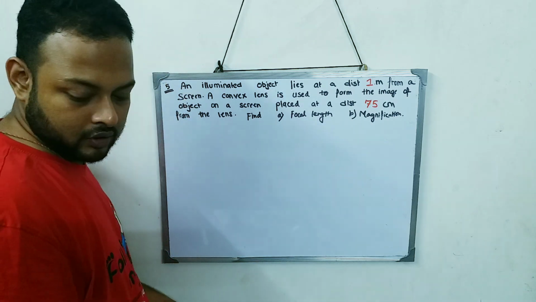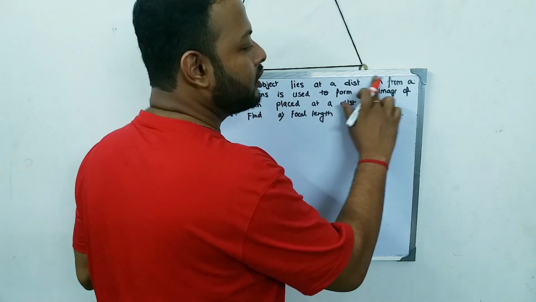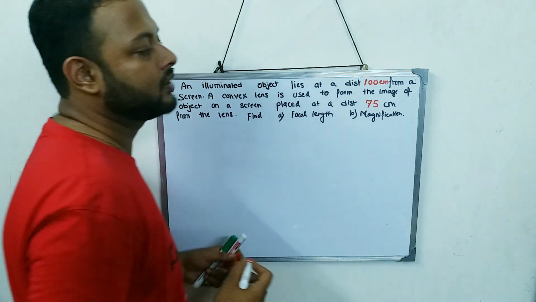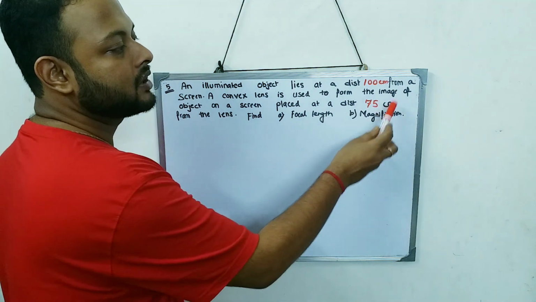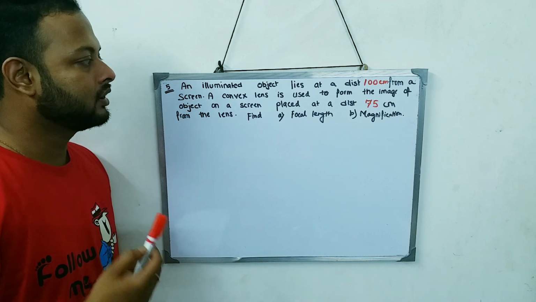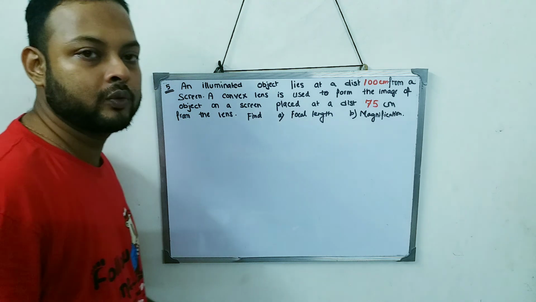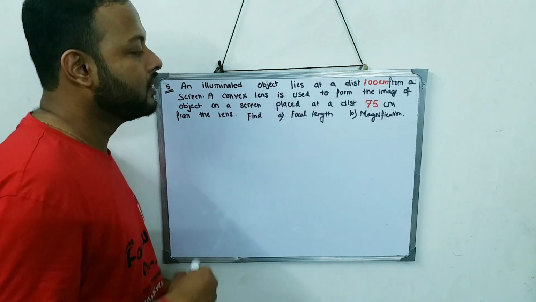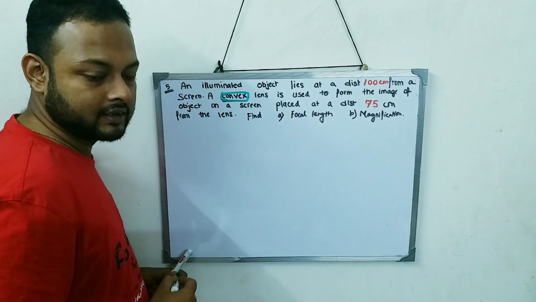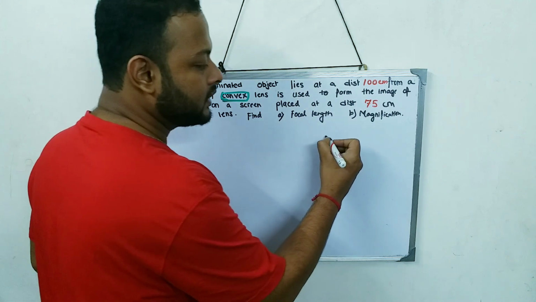So what I will do is, over here, instead of writing 1 meter, I will generally prefer to write this as 100 centimeter. Now see, both of them are in the same unit, centimeter, centimeter. So you can do this change initially. Now let's see how to approach the sum. The sum has to be approached in the similar way that we have approached all the previous sums. The lens that we use is what? A convex lens. So without thinking too much, I'll draw a convex lens.